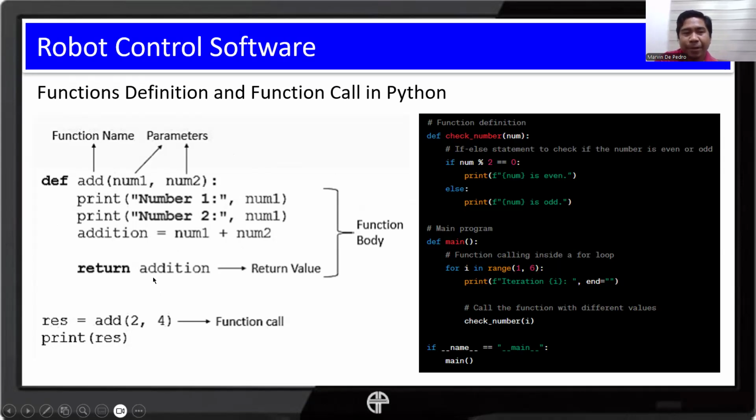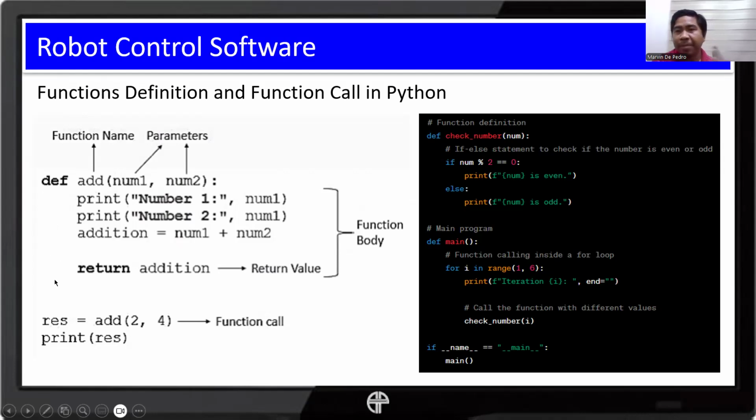Now, observe these portions, one, two, three, four. This is the body of our function. So this is the coverage of our function definition, and you will know that because of the indentation.